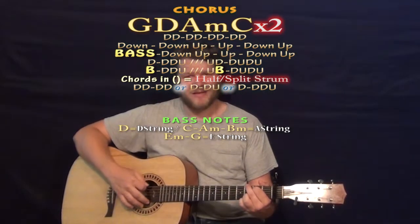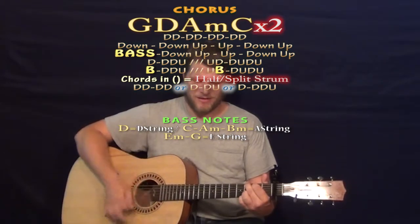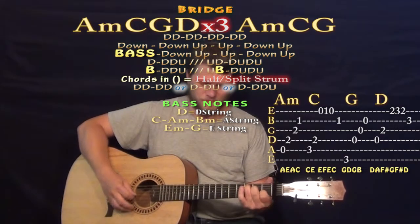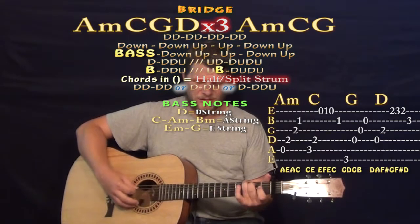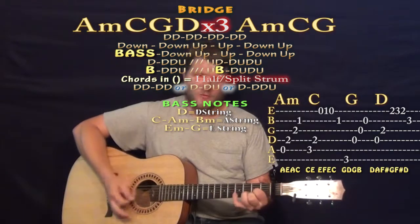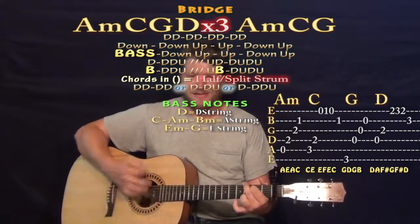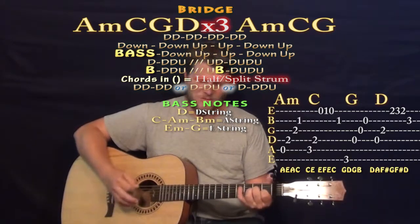So we tried basses through our chorus, and then G, into our bridge part, but you could back up just the chords, or if you dig on those licks, and then the C idea, and then the G, D, A minor, C, G, D, or you can just do the downs, or if you're digging on the bass down, up, up, down, up, A minor. Sixteenth idea, the A minor, C, G, D, or if you're on the split pattern now, G, D, and we do that 3 times,